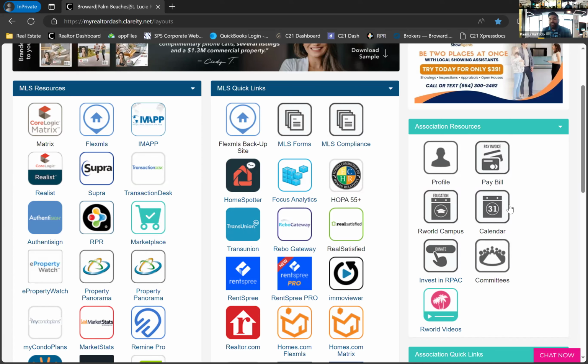Below that, you're going to see a calendar. So I'm going to quickly demo the calendar for you to show you where you can find all of our classes and events. Things can be virtual or in person. Everything is on the calendar, and I'll tell you the difference on how you know whether it's virtual versus in person. So clicking on the calendar,